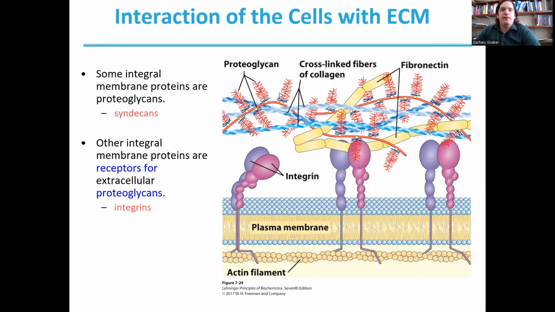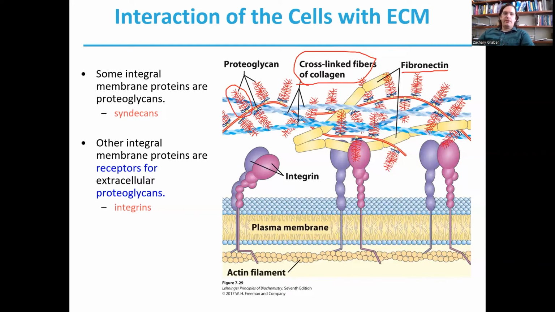Proteoglycans play a key role in the interaction between cells and the extracellular matrix. So the extracellular matrix, of course, is a key component of our tissues, right? It makes this kind of external scaffold that helps to hold our cells and our tissue together within our organs. The extracellular matrix itself is formed from fibers of protein. So we have collagen here. We also have our proteoglycans with those carbohydrates here, and other proteins such as fibronectin.